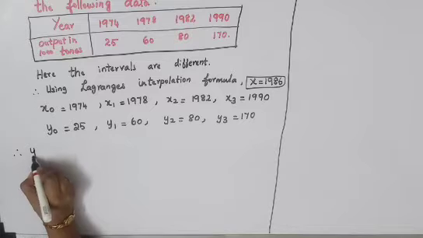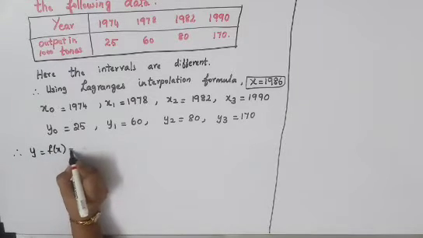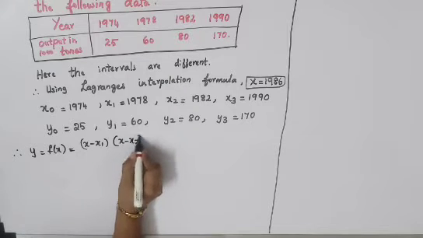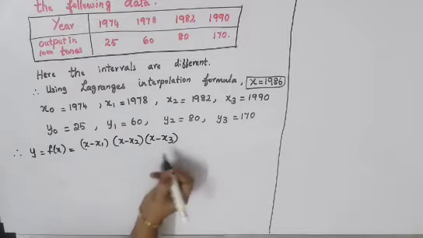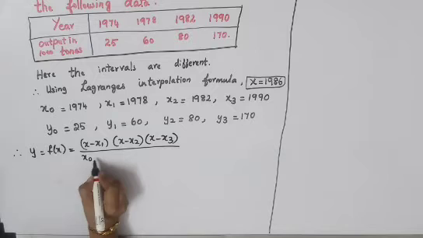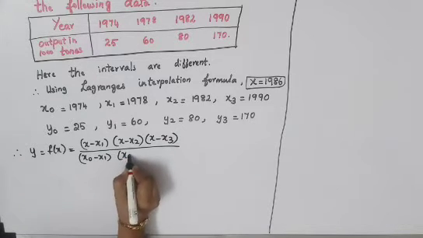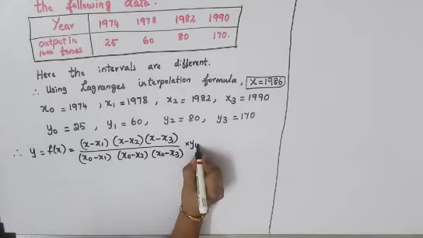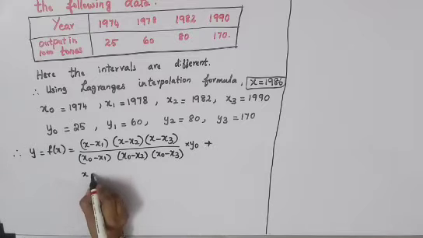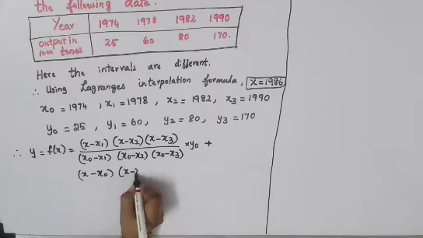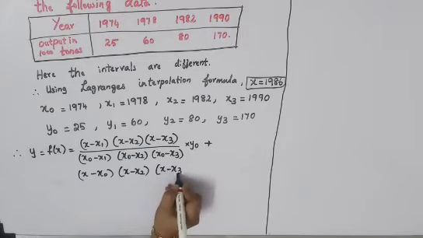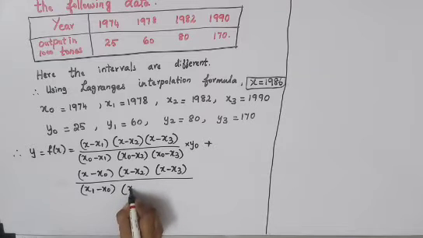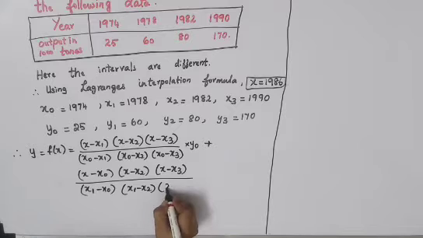Lagrange's formula is y is equal to f of x, that is equal to, this is your formula, x minus x1 into x minus x2 into x minus x3 divided by x naught minus x1 into x naught minus x2 x naught minus x3 into your y naught plus the second line x minus x naught into x minus x2 into x minus x3 divided by x1 minus x naught, then into x1 minus x2, again into x1 minus x3